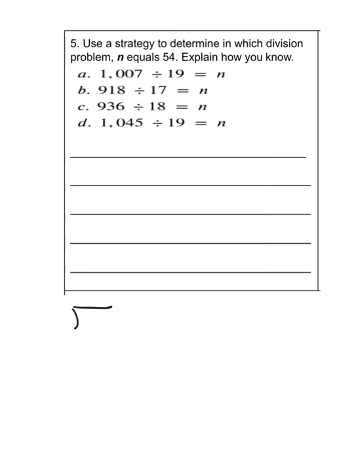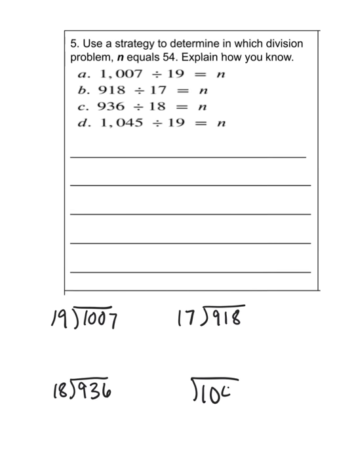You can either divide each of these expressions and figure out which one has a quotient or n of 54. You could do it that way. Something else that you could try doing is remembering that multiplication and division are the inverse or opposite of each other. Hang on, let me copy this down. Okay, so you could do this division. That's choice number 1. Choice number 2 is